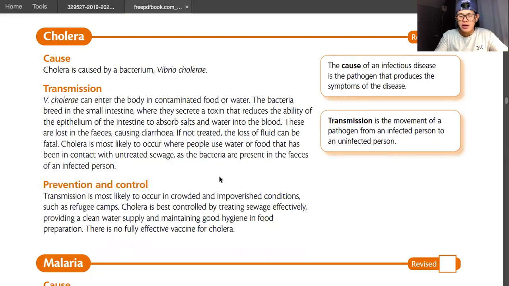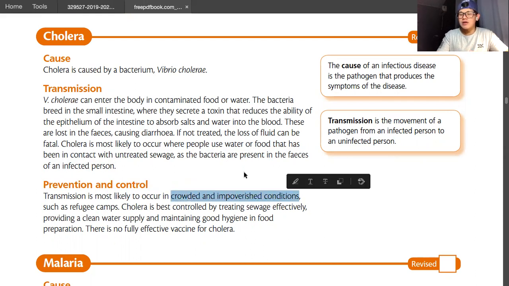So how do we actually ensure that this is less likely to happen? Transmission is most likely to occur in crowded and impoverished conditions. So cholera usually occurs in places that are cramped and impoverished. So for example, a slum, okay? A place that is very